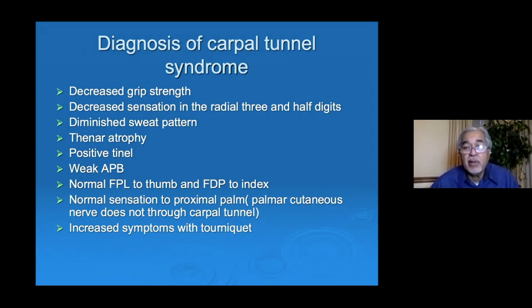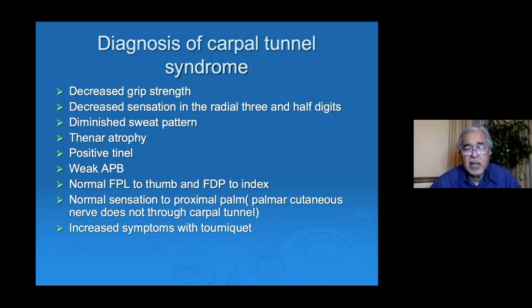Again, how do you diagnose carpal tunnel syndrome? Symptoms, obviously, are tingling and numbness. Finding-wise, the patient usually gets decreased grip strength, decreased sensation in the median nerve distributed fingers, which is the radial three and a half digits, diminished sweat pattern, thenar atrophy. Patient usually has a positive Tinel's sign at the level of the wrist, a weak abductor pollicis brevis muscle. Then the patient also gets Phelan's sign, which is usually